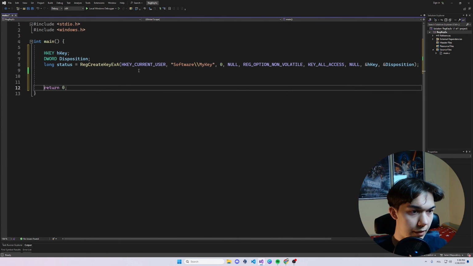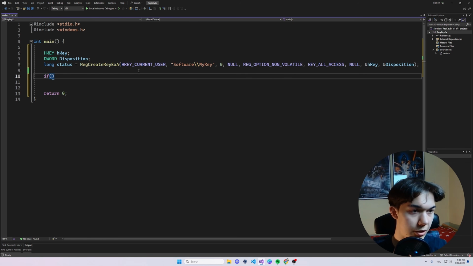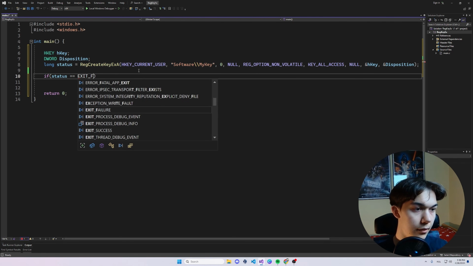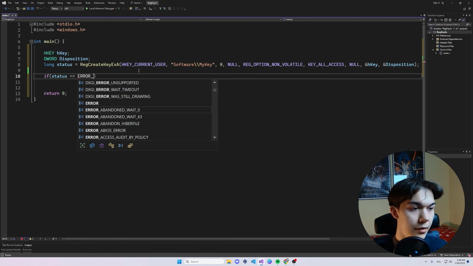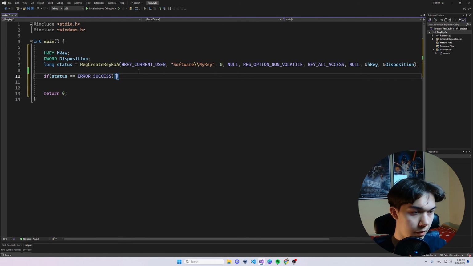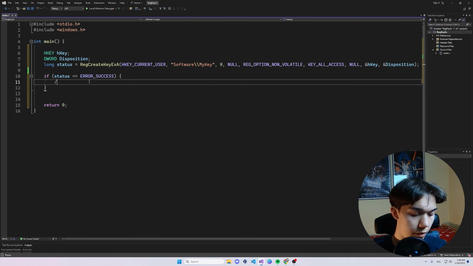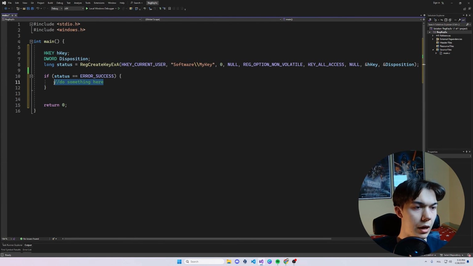And if everything went well, we can check it by comparing status to exit success. Wait, not exit success, ERROR_SUCCESS. If everything went right, we want to do something here, like this. So let's set a value to our newly created key. We do it with